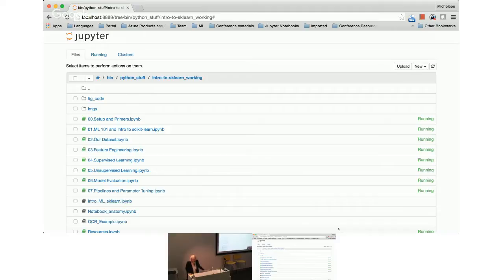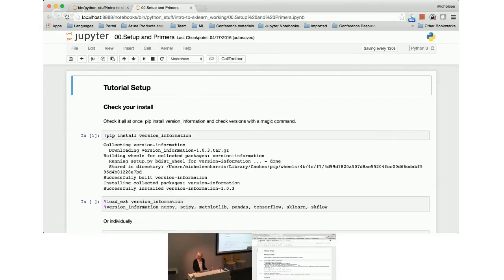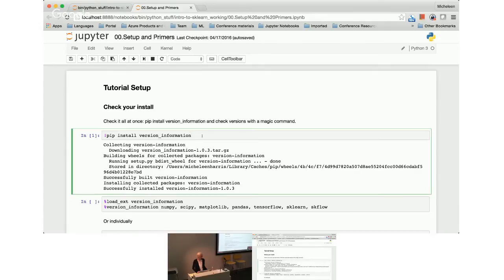Go ahead and, if you're doing this interactively, open up the module. Let's go ahead and test your setup. So the 0, setup and primers. Okay, so hopefully it looks the same for you and me. There's a module called version information. So if you pip install that,